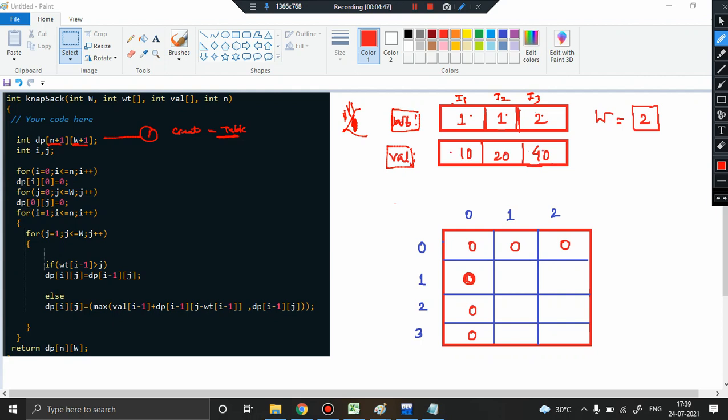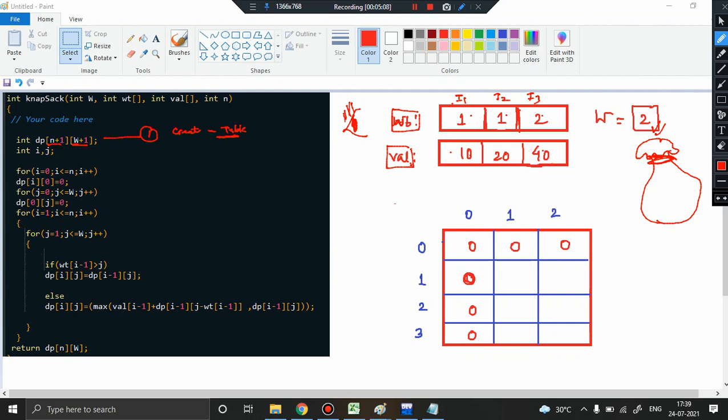The capacity of the knapsack that we are talking about is basically, so this is the knapsack that we're talking about. The capacity is 2 units, right? So how many units you can fit here? Only 2 units. The objective is to maximize the profit. So you fill this bag such that you end up picking up maximum profit